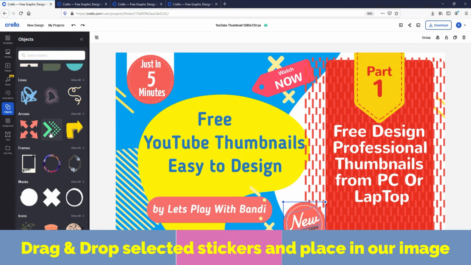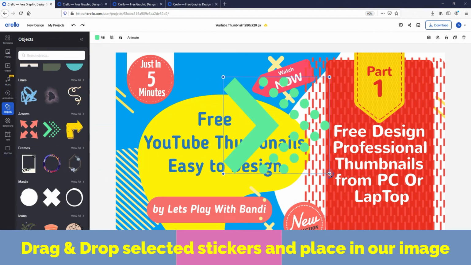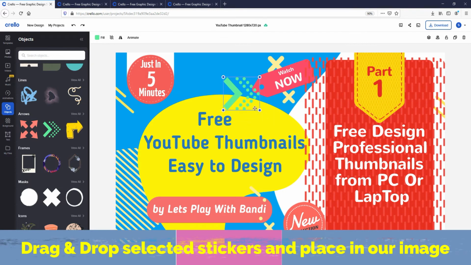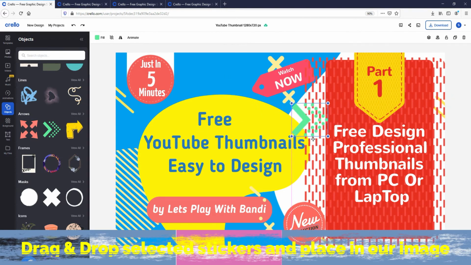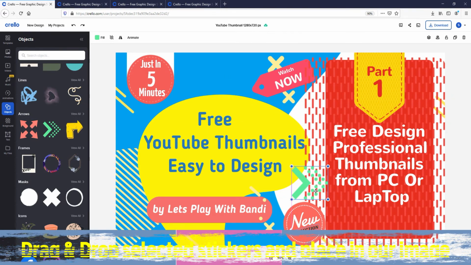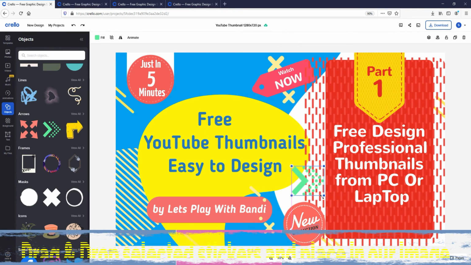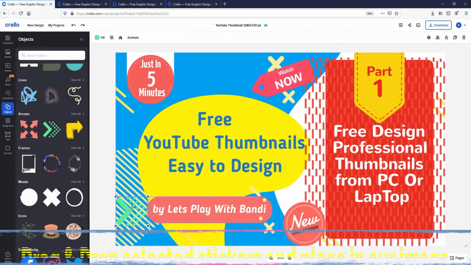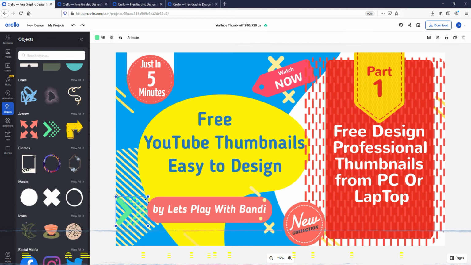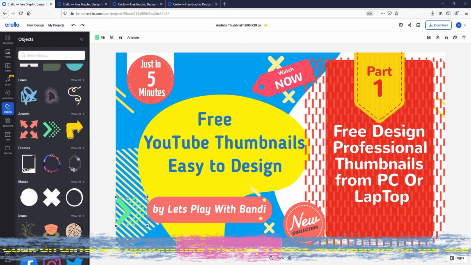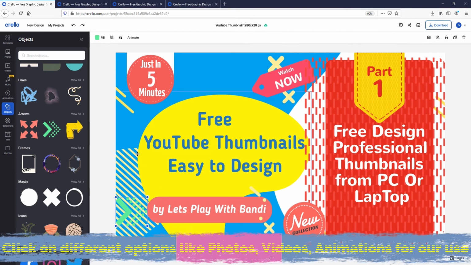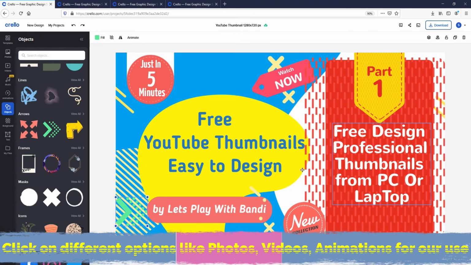Wherever you want, you can simply drag and drop. Objects completed.